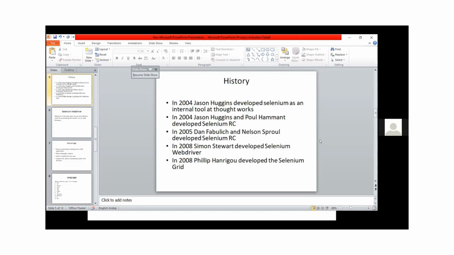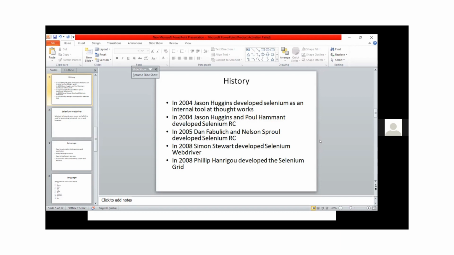History. Selenium was basically developed by Jason Huggins in 2004 as an internal tool at ThoughtWorks. After some time, Jason Huggins was joined by other programmers and testers at ThoughtWorks, and Paul Hammant, and both worked on a second mode of operation of Selenium that would later become Selenium Remote Control, Selenium RC.